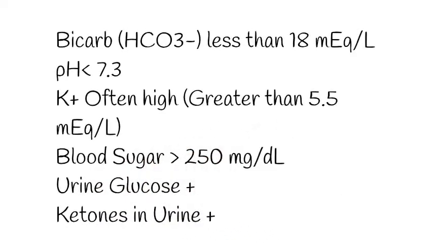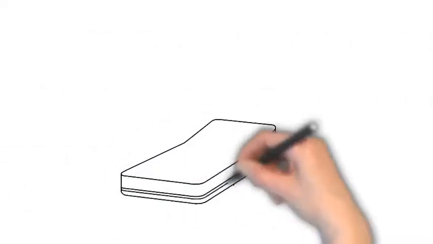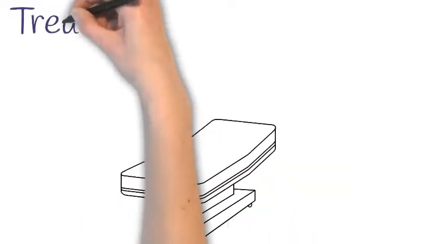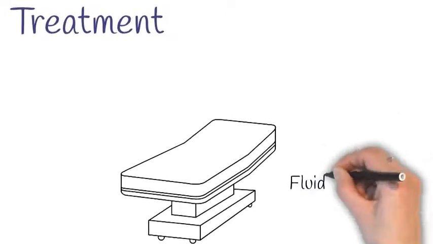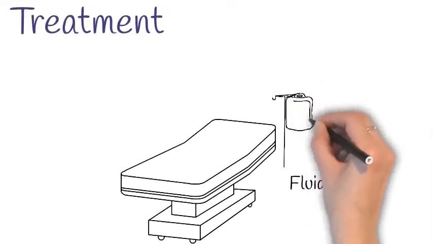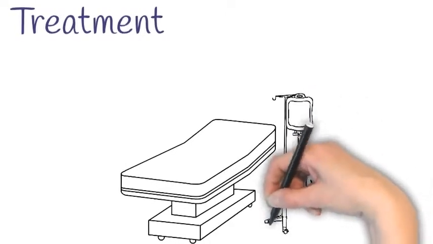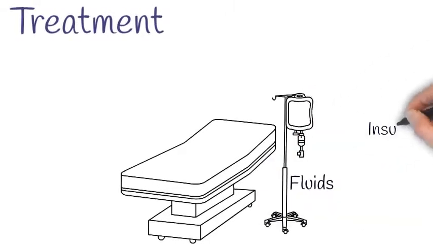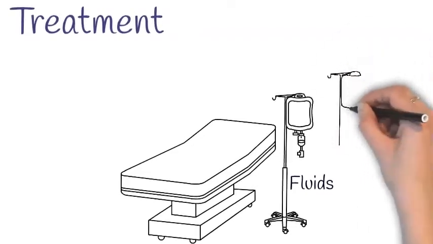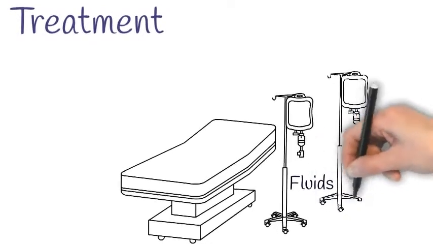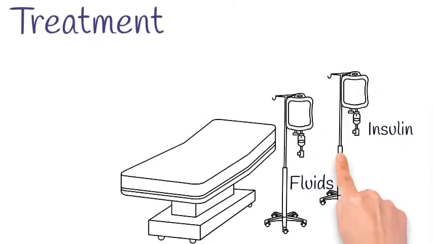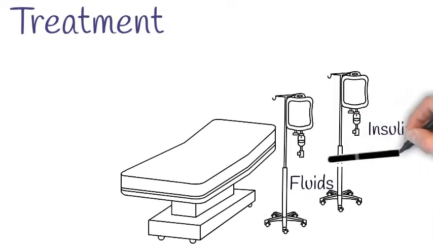All right, so now let's talk about treatment. So treatment should be done very carefully, starting with fluids, okay? We usually start with normal saline, and then we go to a half saline product. Sometimes there's potassium in it, and sometimes not. Then we use insulin, and we're very careful about the insulin and how fast we bring that blood sugar down. We don't want to do it too fast. There are always risks associated with that, including risks involving swelling in the brain.